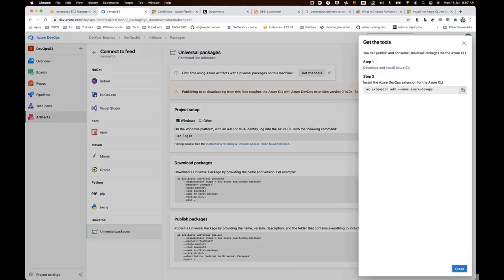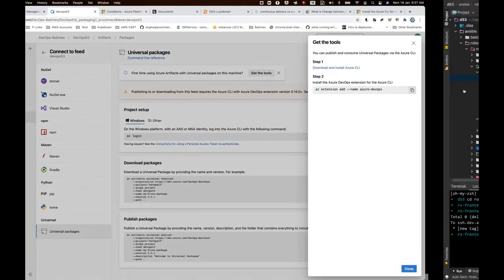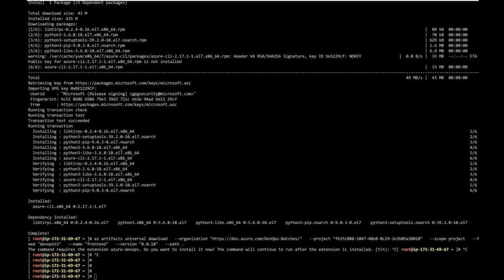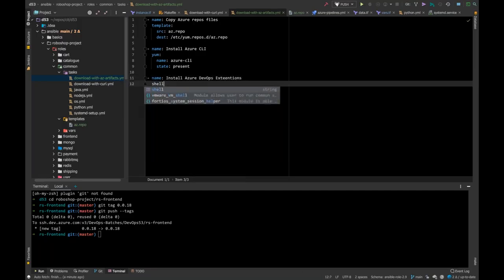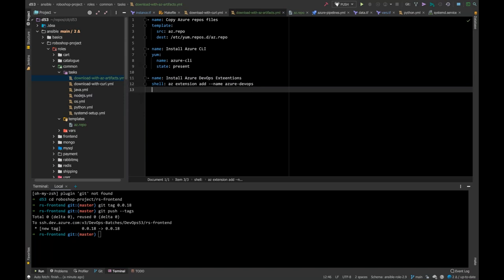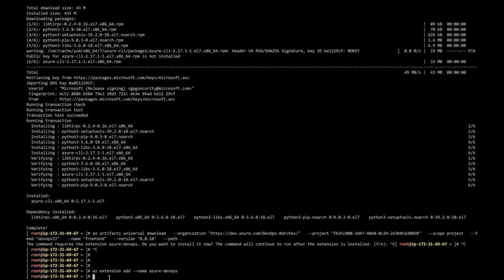Just click on that and you get this one. You have to install this first, so I add a task with the name install Azure extension. It's a shell command, as you don't have any module available for that. So I just do that.